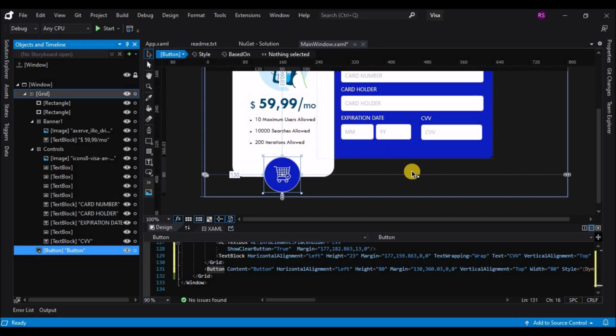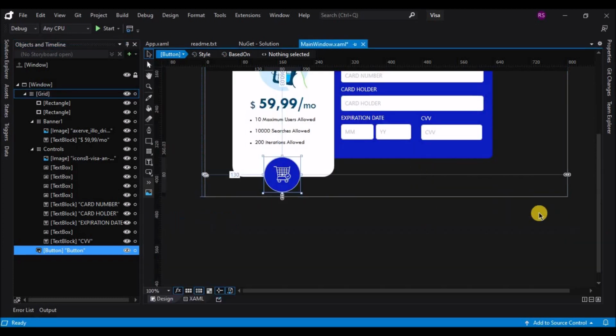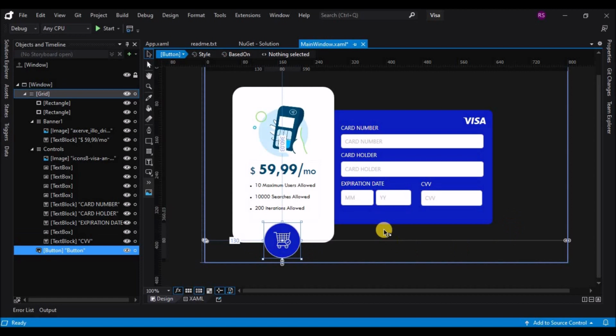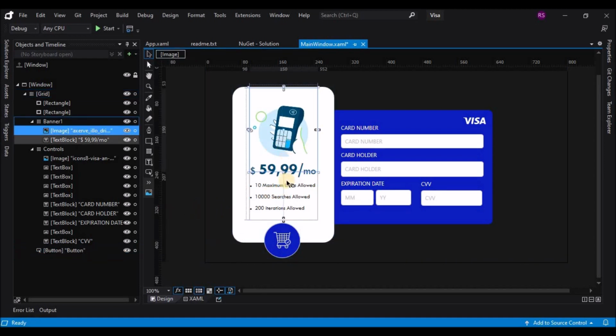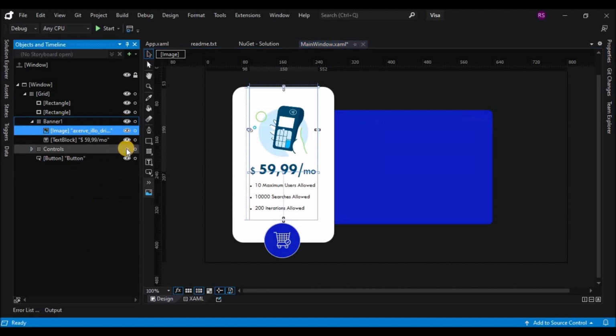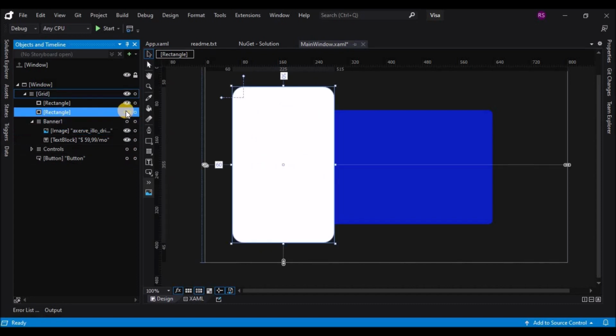Now let's start designing the second screen, which is the end screen for our animation. So let's hide some of the things here so that we do not get confused. And when I say I want to hide, I am not hiding it from the properties panel. I'm just making the designer hidden. So let's hide the button, let's hide the banner 1, and let's hide the second rectangle. Now let's concentrate on the first rectangle and increase its size so that it looks like a square instead of a rectangle now.